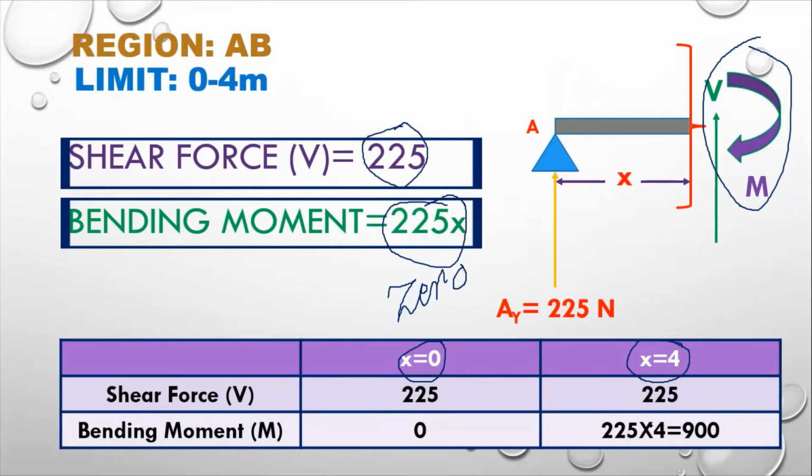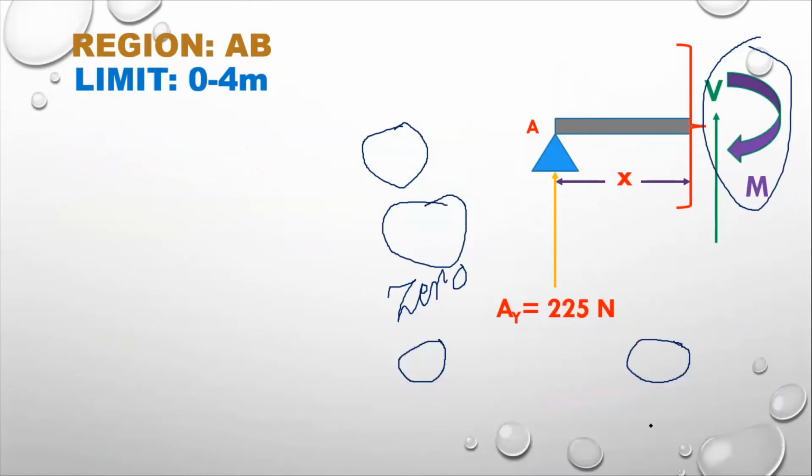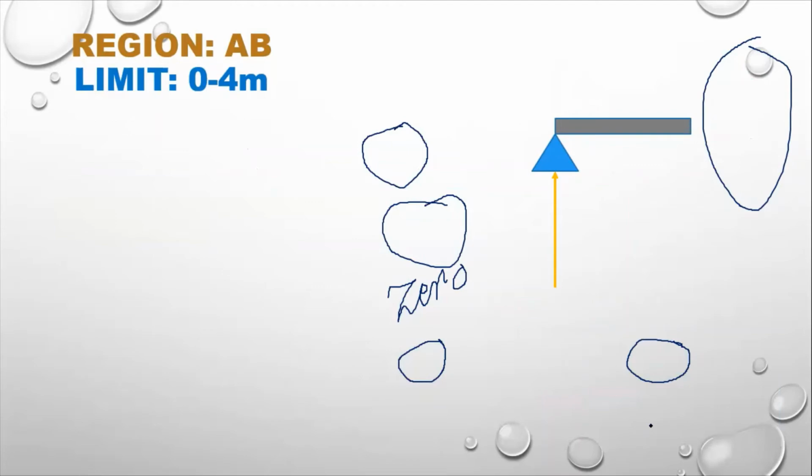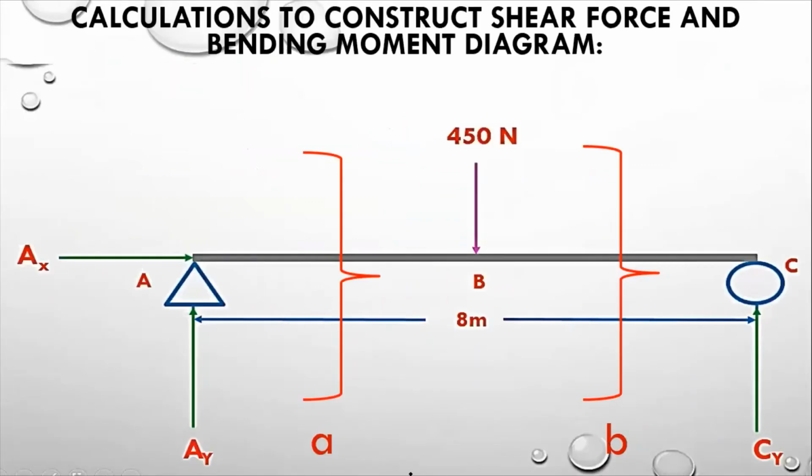So now I am moving towards the next slide. Before moving on, I have to tell you one thing, which is not related to region AB. In the previous slide, you can see that I was going to solve region AB, so whatever area comes before the section, I have taken it over here.